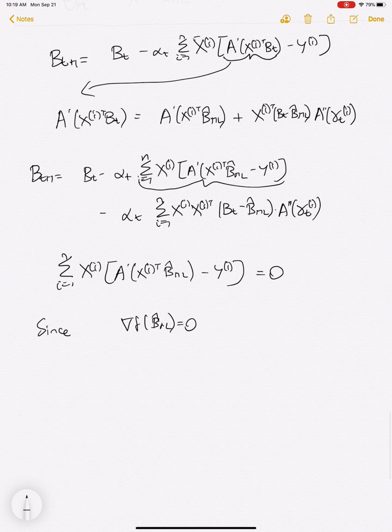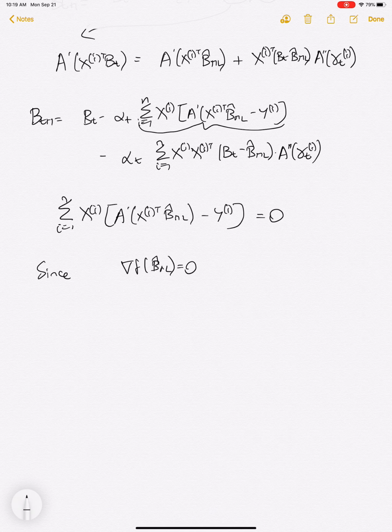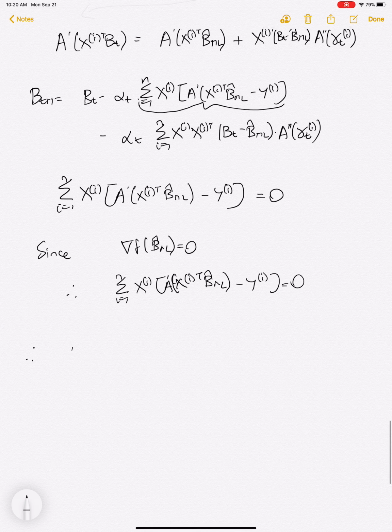So what that means is that, remember that this is exactly what the gradient is. Okay, and so what that means is that your update now looks a lot simpler, and we're going